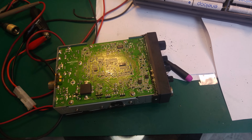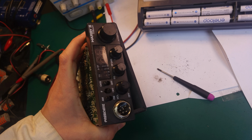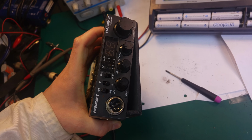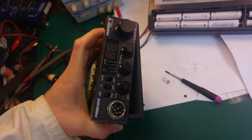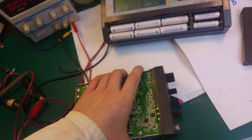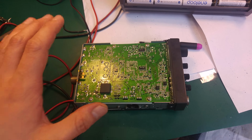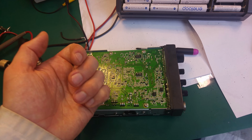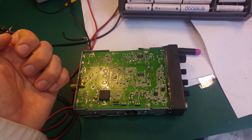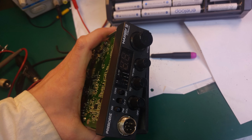Hello guys, so today I would like to show you the fix that I'm currently working on, and over here we've got a Citizen band radio, which is a President Harry II classic. It was described to me that the radio was working fine, and when transmitting for a longer time it just went completely dark